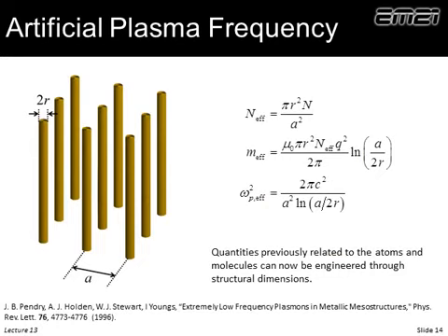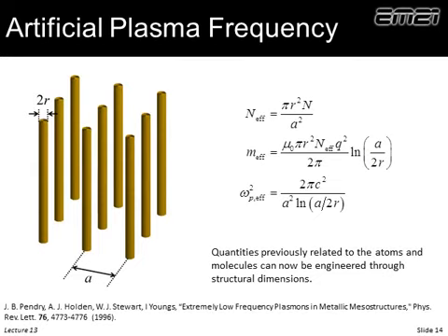And lastly, and this was one of the first things that were studied, if we have an array of wires, it turns out below a certain cutoff frequency, that behaves very much like a metal. Above this cutoff frequency, it becomes transparent, behaves more like a lossy dielectric. Well, that's acting very much like the plasma frequency did for metals. So in fact, an array of wires has what we call an artificial plasma frequency.